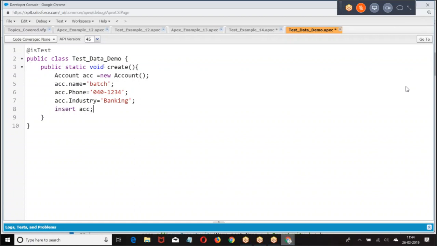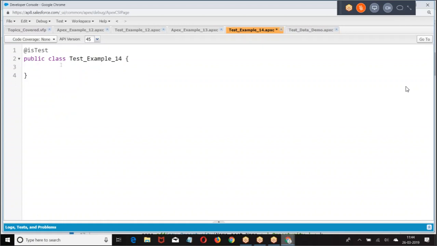You can return a value also, as per your choice. It's okay. I'll go with void. Then what I was doing, test data.